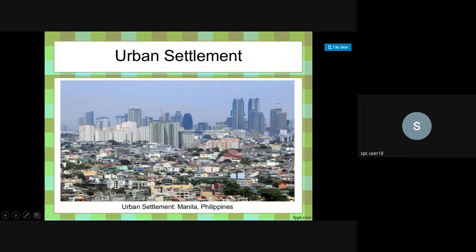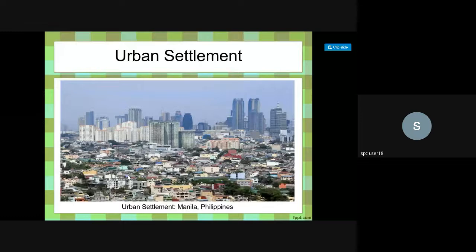This is how an urban settlement looks. The majority of the settlements in developing countries would look like this. You'll see that in the background, you have what is called the central business district, wherein the posh areas, major offices, very tall buildings, etc., would be there, and there could be some pockets wherein you have slums and ghettos, as they're called in the US.